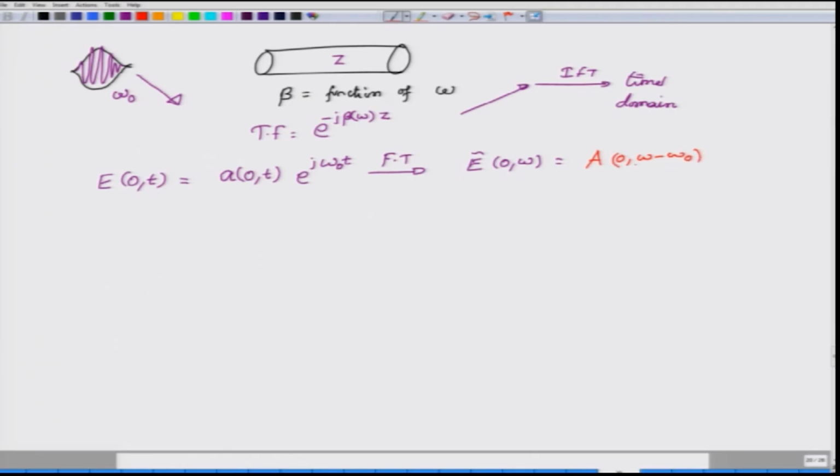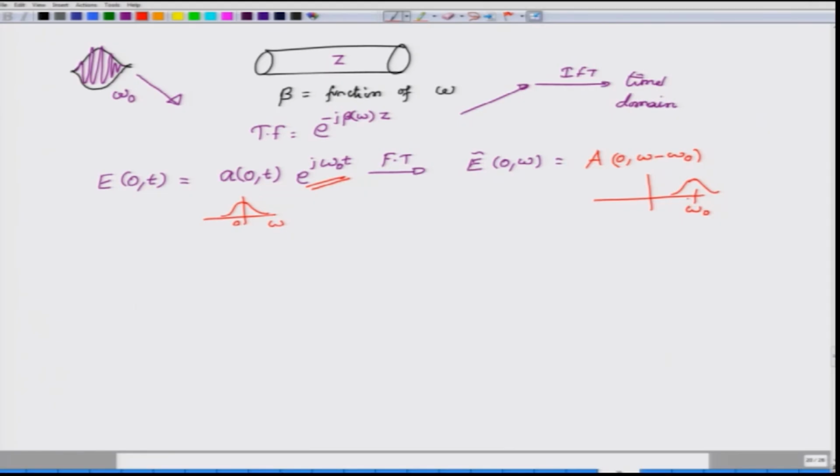All that we are saying here is that, look, this A of 0, t has a spectrum which is centered at omega equal to 0, whereas this transformed one has a spectrum which is centered at omega 0, and this translation in frequency is what we have done by multiplying it by e power j omega 0 t. Of course, I am only considering the positive frequency components here, because that is enough for us to understand. Otherwise, I should actually consider both positive as well as negative frequency regions. Okay. So, this is my Fourier transform. All that we are saying is that whatever may be your pulse shape, that pulse shape is now centered at